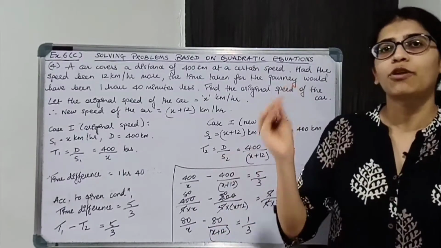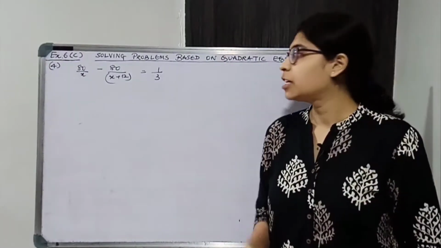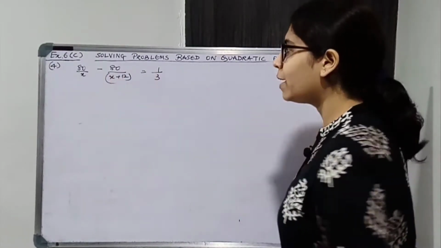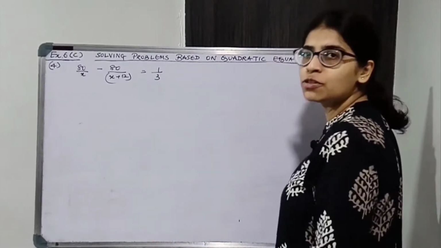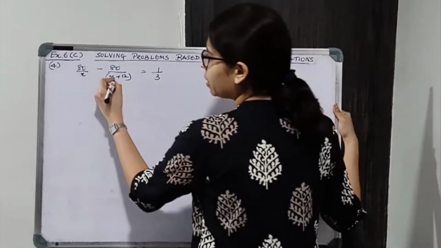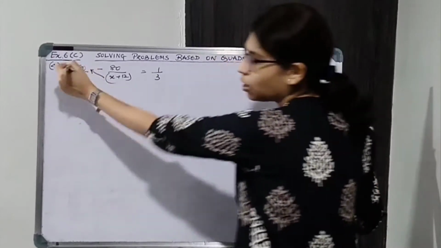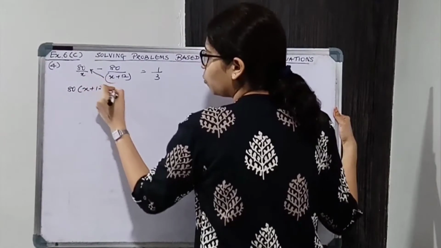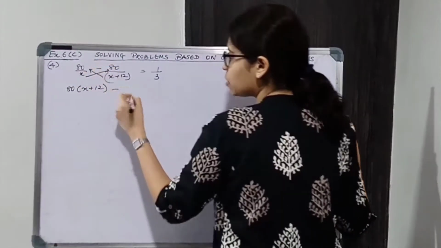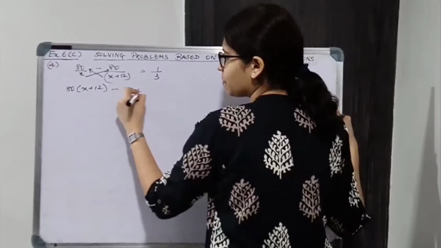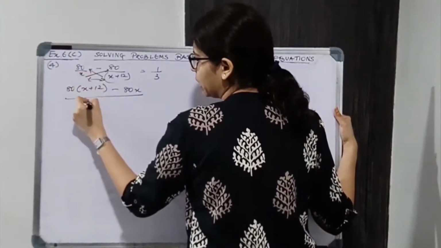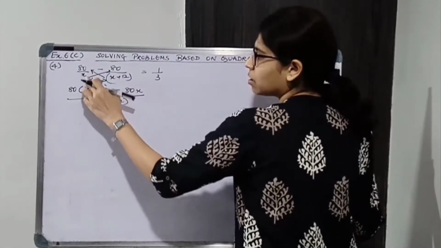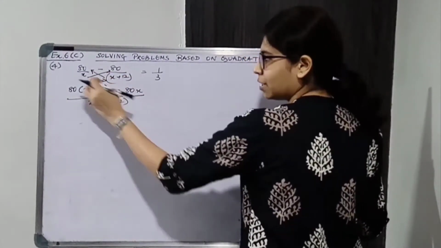Okay, so we'll get a proper quadratic equation. So we got this. Now we'll solve the LHS first. ठीक है, तो LHS में you can take LCM. What I'm going to do is use crisscross method. So multiply the denominator with the opposite numerator. So 80 into x plus 12. Put the sign in between. Denominator with the opposite numerator. So 80 into x, and denominator you will multiply. So x into x plus 12. Easy. Cross and the sign in between and denominator.